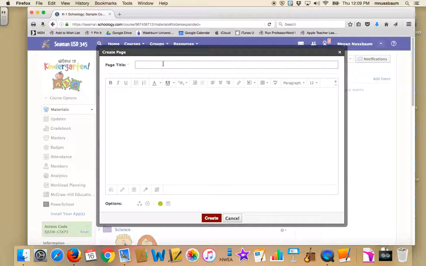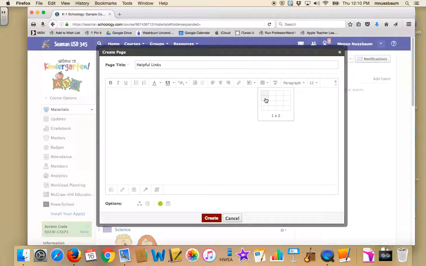So pick Add Page and you can put in a page title. So you might just call it Helpful Links. At this point, you have a content building box that you can use to pull in your pictures. So let's say that I'm going to put 2 pictures on this helpful links page for my students to be able to use. Okay, if I'm going to do more than one picture, I'd recommend putting them into a table